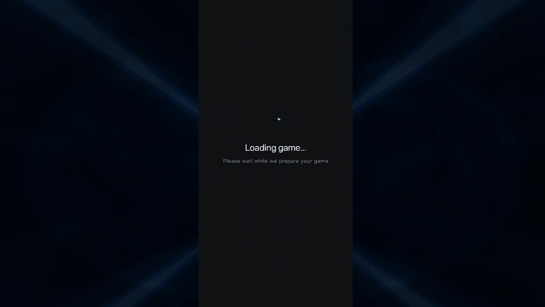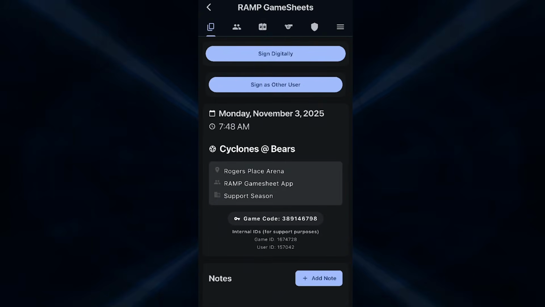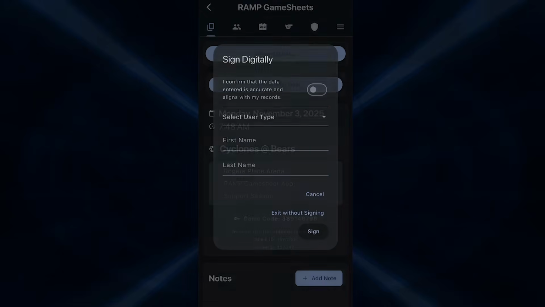Entering online mode, the game data will be pulled down to your device, and you'll have full access to the game. The first page you'll be brought to is the game homepage. This has details about the game, options to sign for yourself, or to allow other users to sign if they don't have access to a device by hitting the Sign as Other User button,